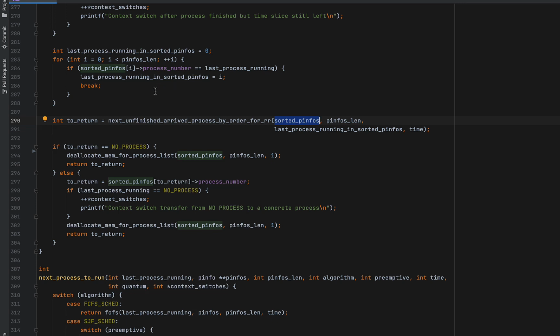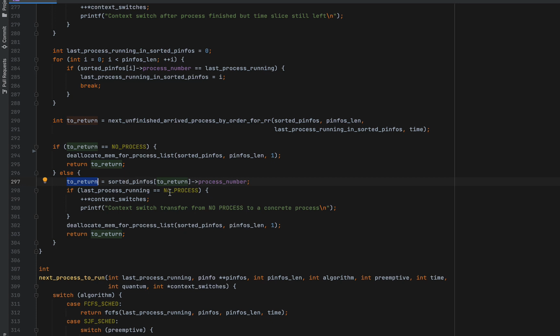Everything outside this function actually obeys the original p-infos array, which is not necessarily sorted by process order. So we need to just figure out the original process number, and this is the reason why we had to store the process number in the structures, as I was talking towards the beginning of the video. So I just go inside sorted p-infos, use the index into that, and figure out that process's original process number, and I overwrite to return with that.